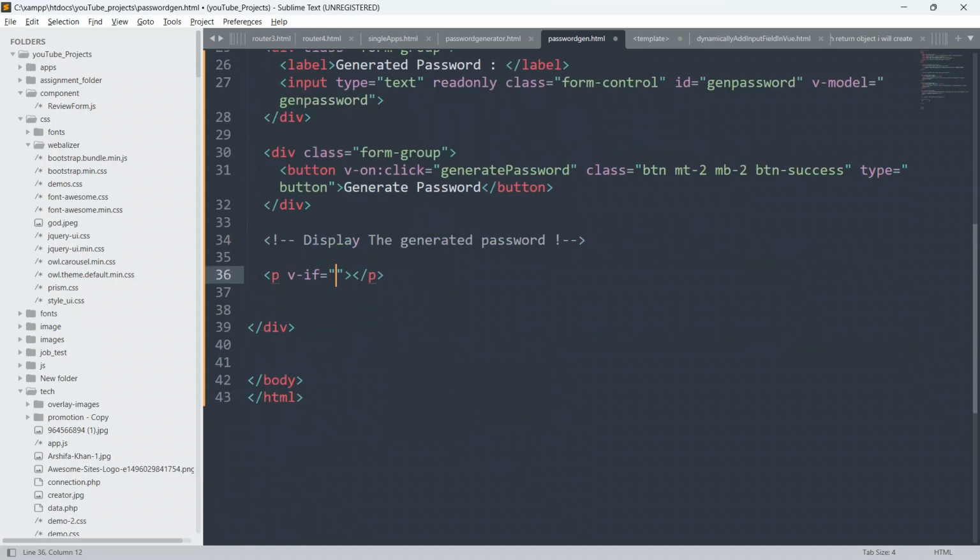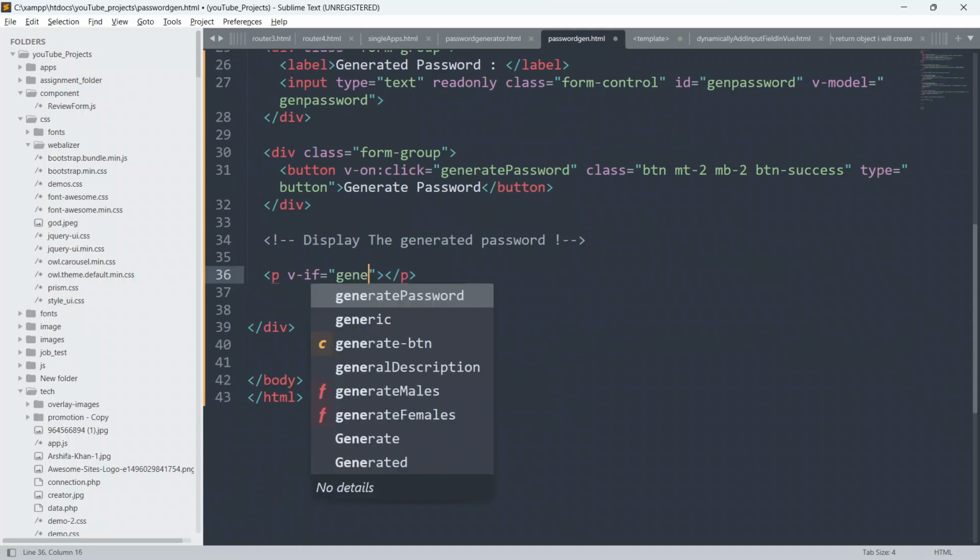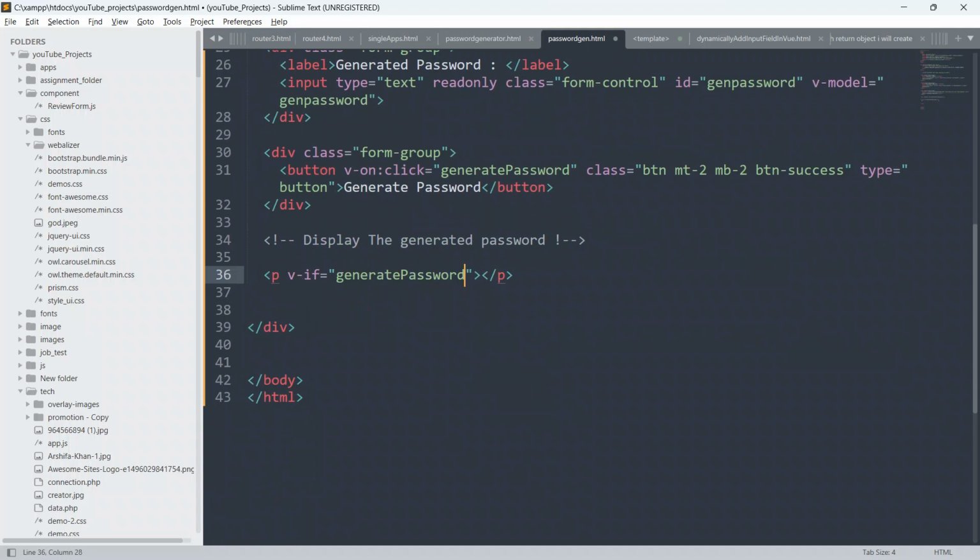So I will say here generated password, and inside this p I am going to put some text also. I'll say: your generated, with a capital G, your generated password is, give a space, put a colon.